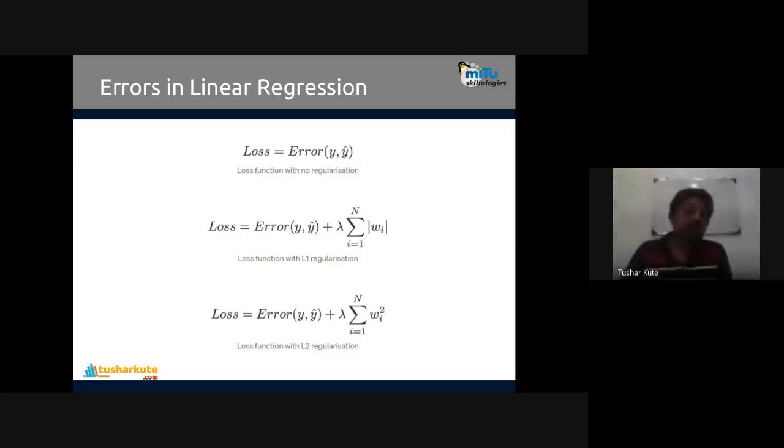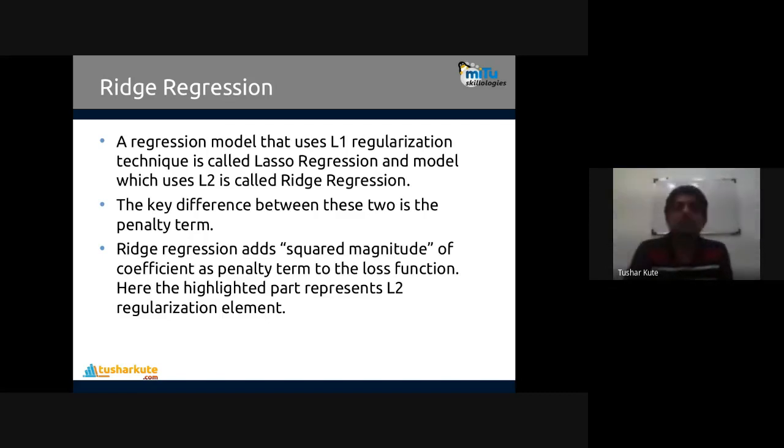Now let's see the first one, L1 regularization. Again, modified versions of regression are present. The regression model that uses the L1 regularization technique is called lasso regression, and the model which uses the L2 regularization technique is called ridge regression.